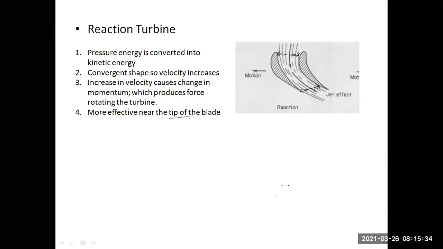Tip of the blade as in, let us see, this is the disk. If I draw a reaction turbine, it will be like this over here. So the low pressure area is this one, the high pressure area is this one, where the air is coming out. You will see that the air coming over here is at a high pressure, so the tip will become more effective. It works in a similar way from the root to the tip. It is more effective toward the tip because the pressure is high, and because the reaction turbine converts the pressure energy into kinetic energy, the more the pressure, the more beneficial it is for us. So that is your reaction turbine.